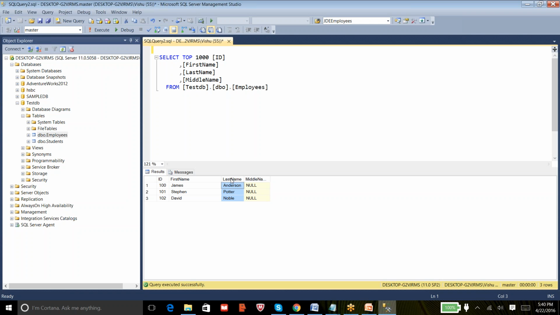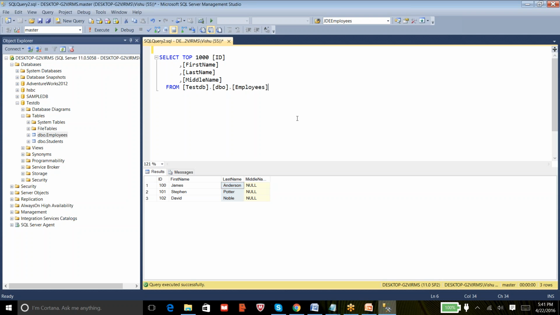So you want to restrict that column by doing some techniques in SQL. It is something like the view. So my task is I need to provide read permissions to a user on this table, but at the same time I need to hide the last name because it is sensitive information in this table.